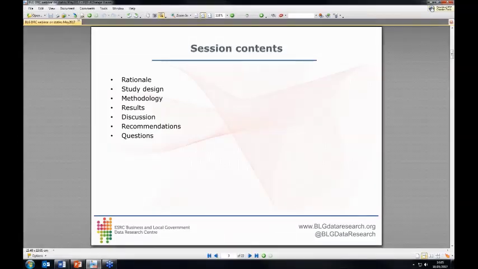Well, hello everyone. So in this presentation, I will discuss the rationale behind doing a study on statins. I will describe the study design and methodology. I will present the results on the prescription of statins and its associated effect on survival and life expectancy at